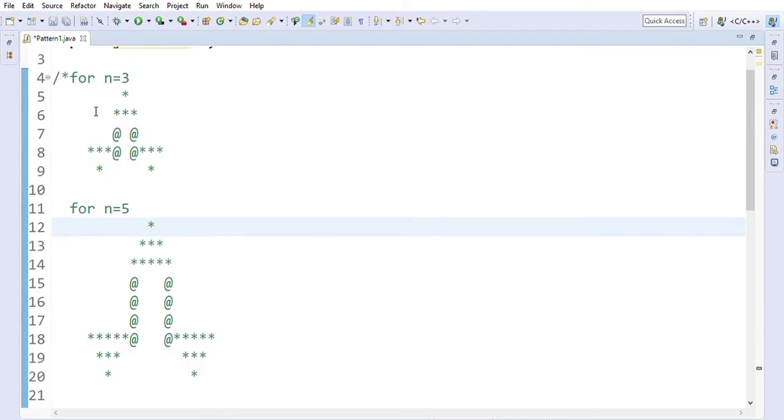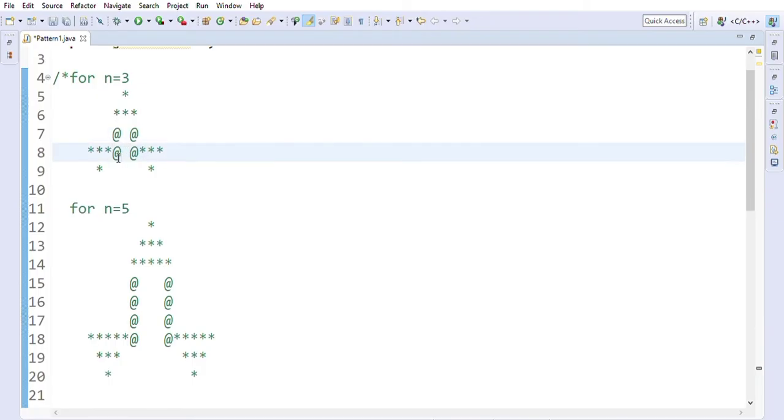So we can generalize that there are n plus n by 2 white spaces at the first line of output, then this is decreasing by 1 each time up to n. Okay, we can see that there is one white space between these two at the rate signs, and here there are three white spaces. That means there are n minus 2 white spaces between these two at the rate signs.